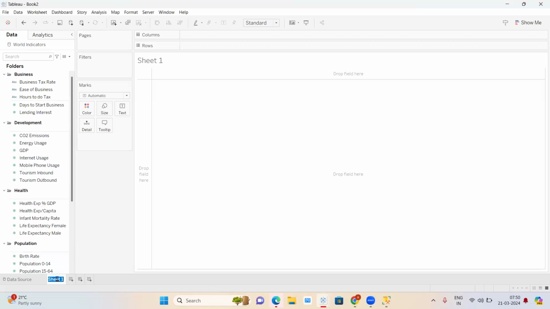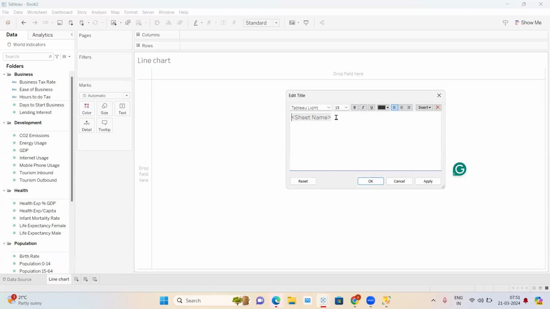Now let's go and see the use case, use case by use case. This will be a line chart. You can edit it like Excel. In Excel sheets, you can give whatever name, and here you can double click on this, and whatever sheet name is there will be available here, right? But I don't want a sheet name. I want to write a use case here. The use case is